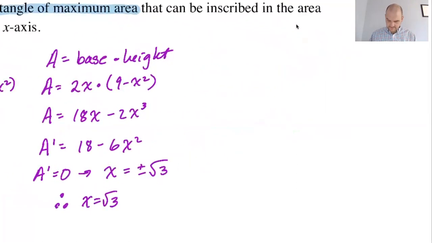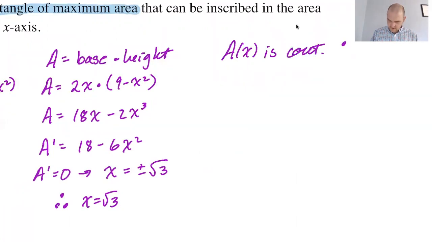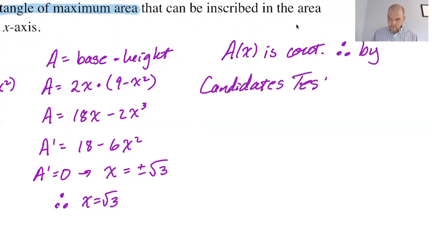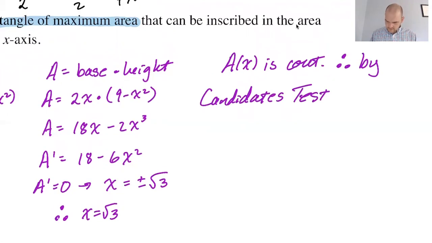So let's say A of x is continuous. Therefore, by the candidates test, the absolute max, we only need the absolute max in this case, is an endpoint